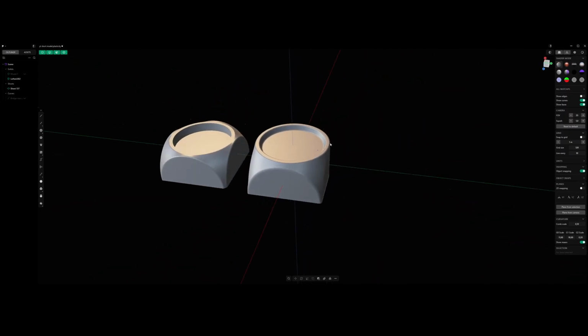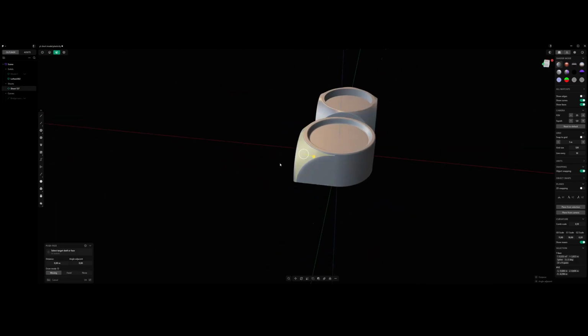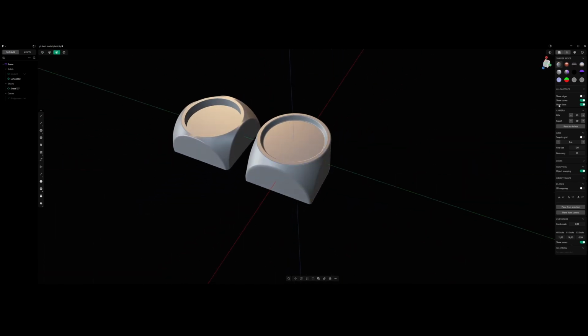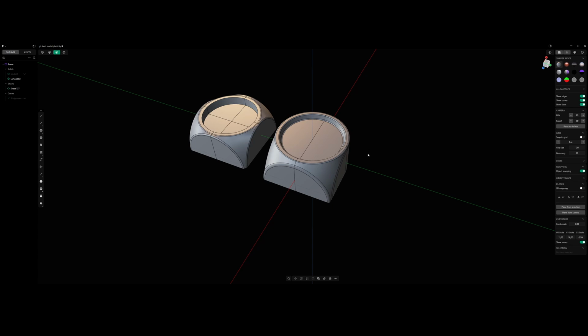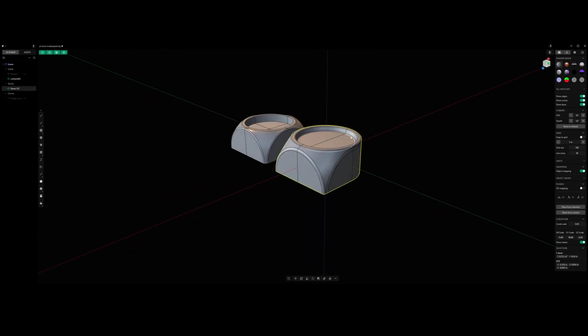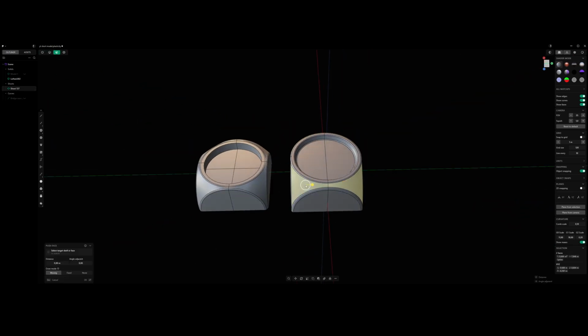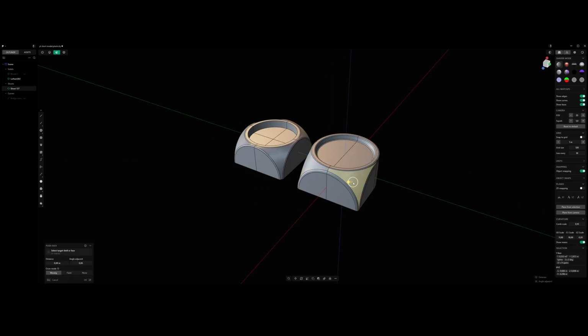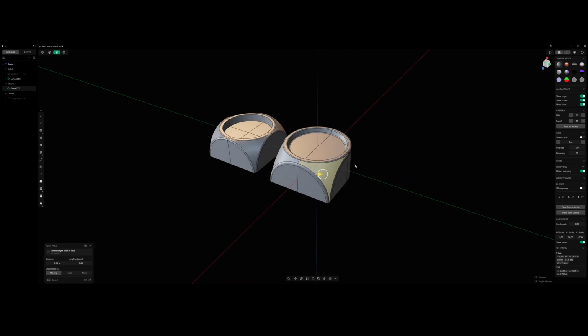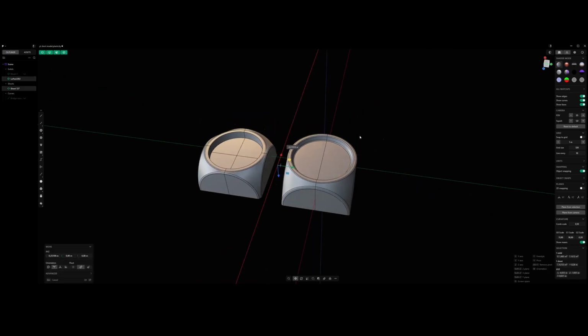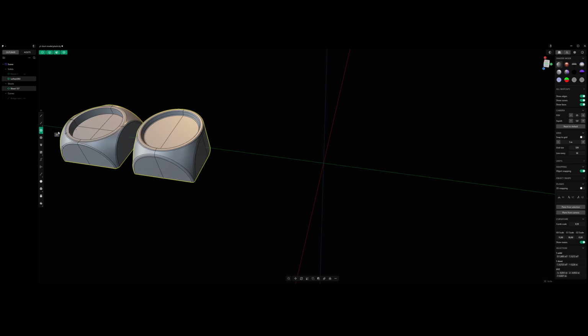Now let's take a quick look at how we can create those roundish beveled corners in Plasticity. To start off, one thing I would like to emphasize is that whenever facing a more complicated shape, it is often a good idea to try to find the smallest piece you can work on in isolation. Rather than trying to construct the entire shape from a solid, I'm just focusing on one of those corners, not even those two in union, just taking one, trying to read the curves that make up this sheet, right? So to start off, let's perhaps move those to the side and then we can start drawing